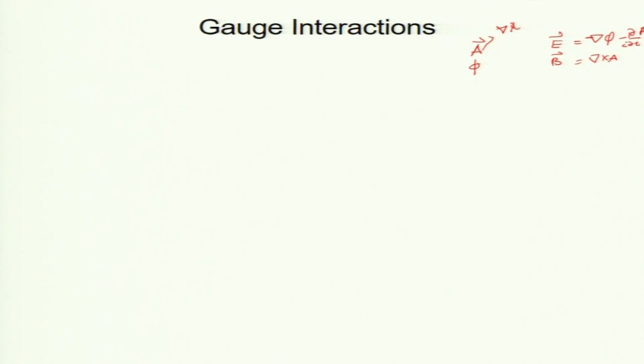Since my interaction, please note that what participated in the interaction was J mu A mu, there was no J occurring with electric field or magnetic field. So, in quantum mechanics you may know that what we work with is A, not E or B, right. So, the Aharonov-Bohm effect, right. So, that A is an important quantity. So, there are some subtle things. So, A is the central object.